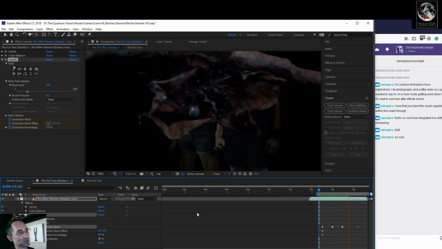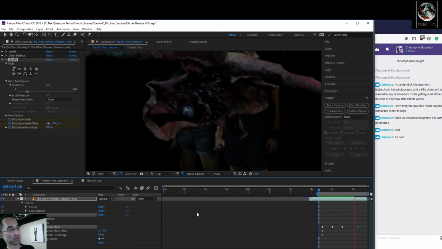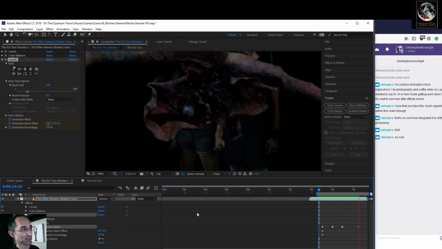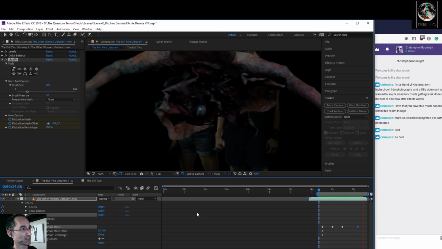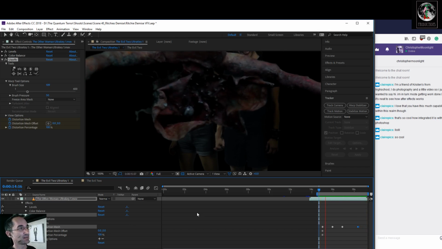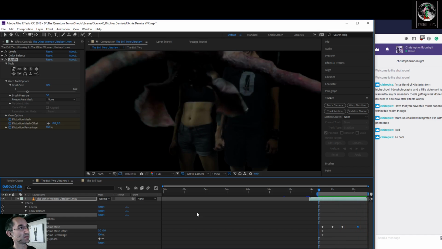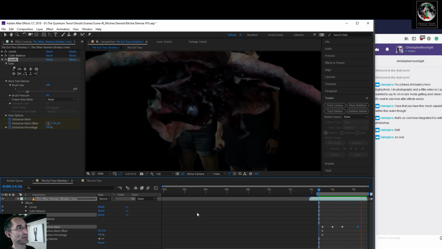So this puppet is essentially a pull string puppet with a little bit of spring action in the head, but we want to give it a little more life in the face. So the liquefy tool is going to help us. Looks a little stretchy, so we'll have to beware.